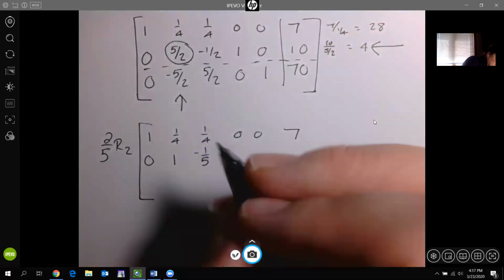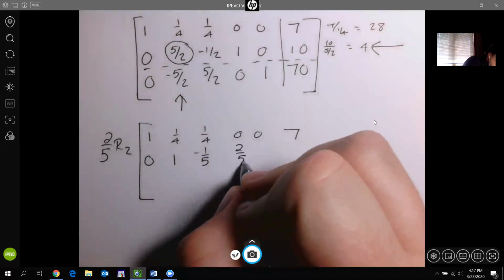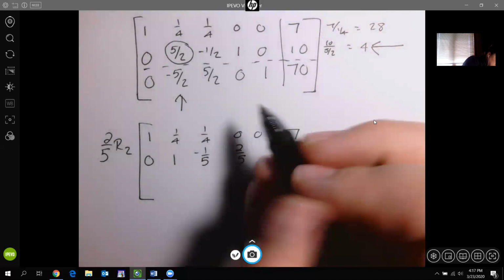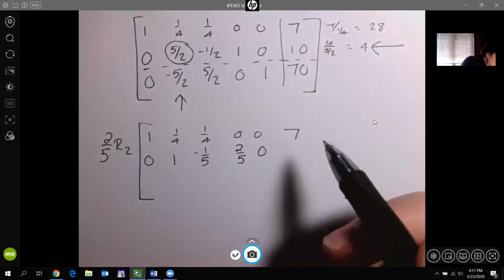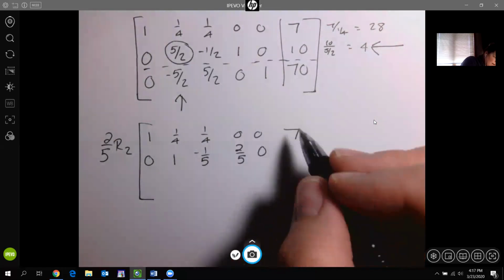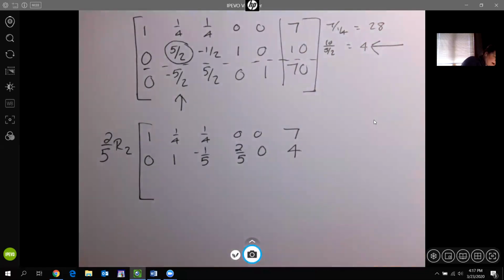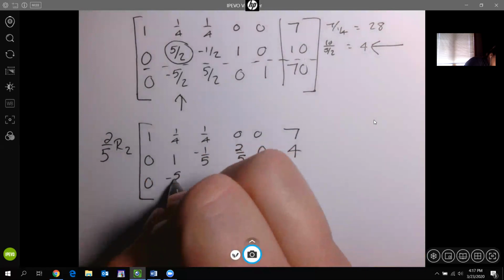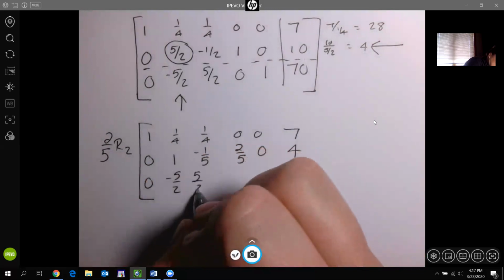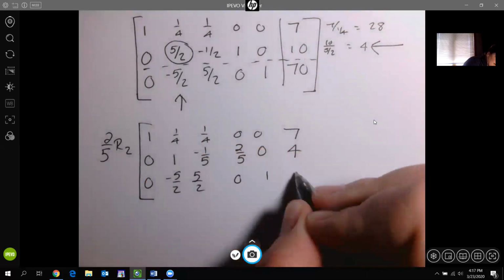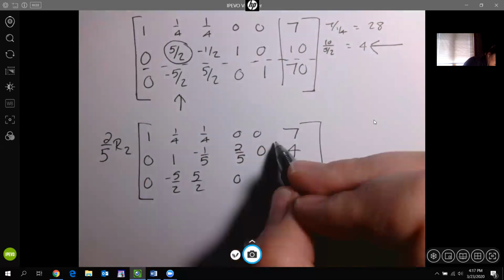1 times 2/5 is 2/5. And 0 times anything is 0. 10 times 2/5 is 4. Because you do 10 times 2 is 20. 20 divided by 5 is 4. Okay, bottom row stays the same. I kind of made them look a little weird there, but